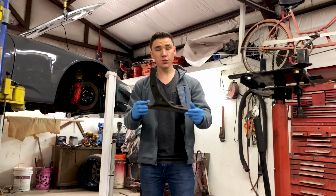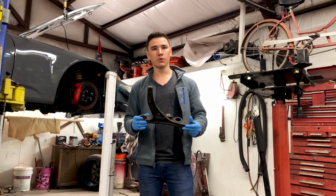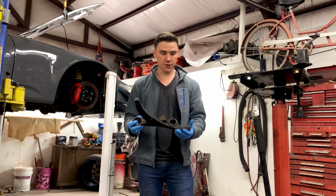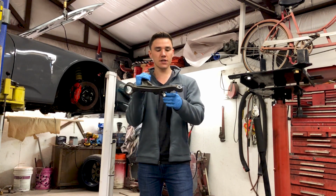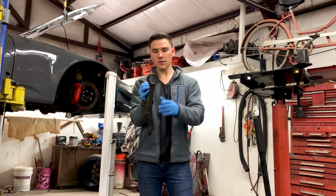So guys, this is what happens when you drink too much coffee and you don't know your own strength. You break lower control arms. So what actually happened was, I pressed out the lower compliance bushing, which would sit right here, and I had to push the new Mugen in. I actually changed out the damper bushing as well, and then when I came over to this camber one,